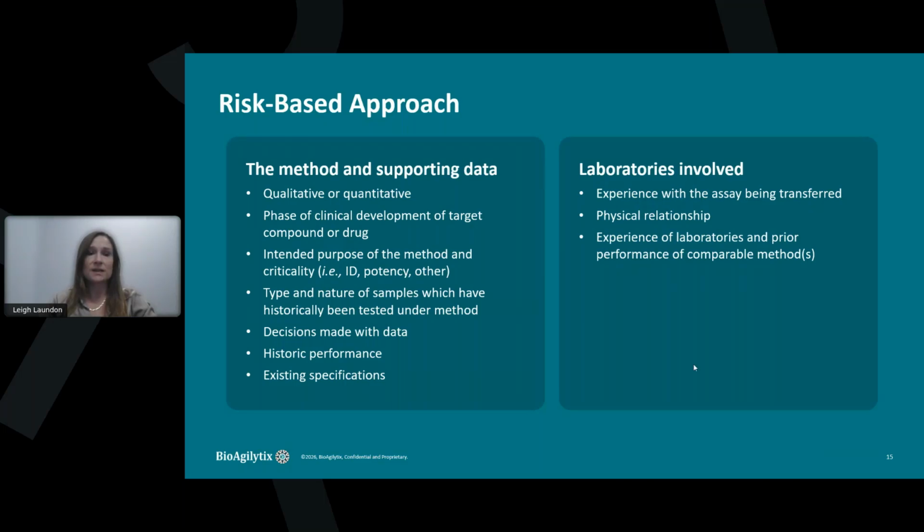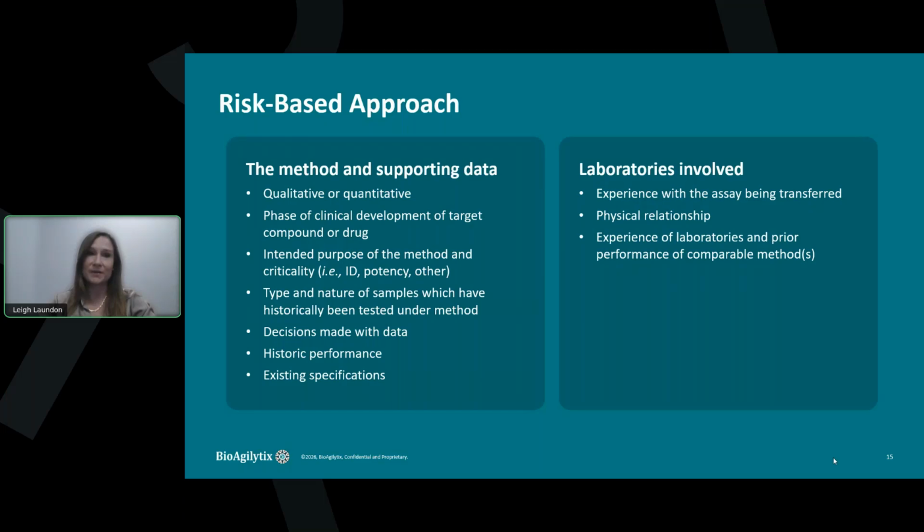And then also looking at the two laboratories, we want to make sure that both labs have experience with the assay and if there's any relationship between the two labs, and if we can foster that relationship, because as we all know, assays transfer better when the scientists can communicate directly with each other. And this risk-based approach is very useful for saving time and money, which we know is crucial in the